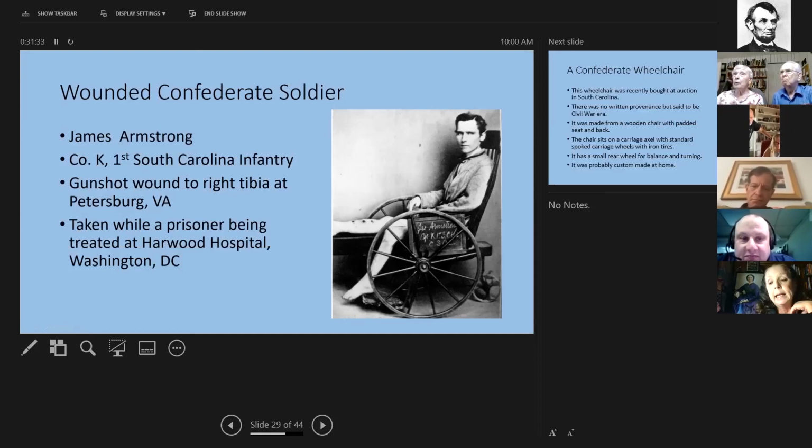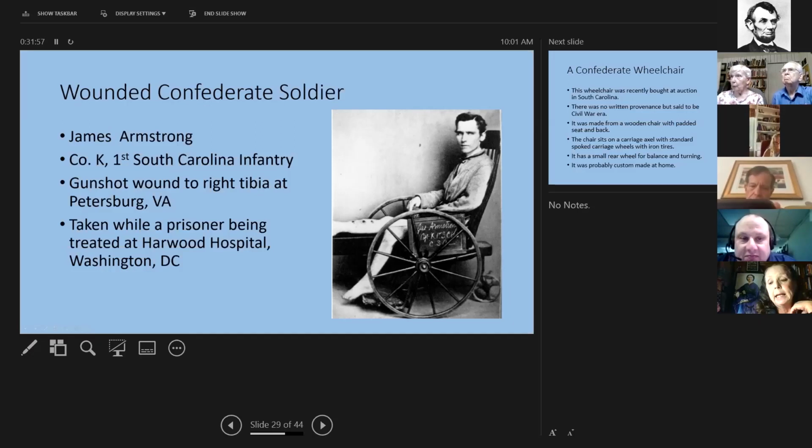And he was taken prisoner while being treated at Harewood Hospital in Washington, D.C. His other foot is on his wheelchair, and it has a back plate to help him turn.